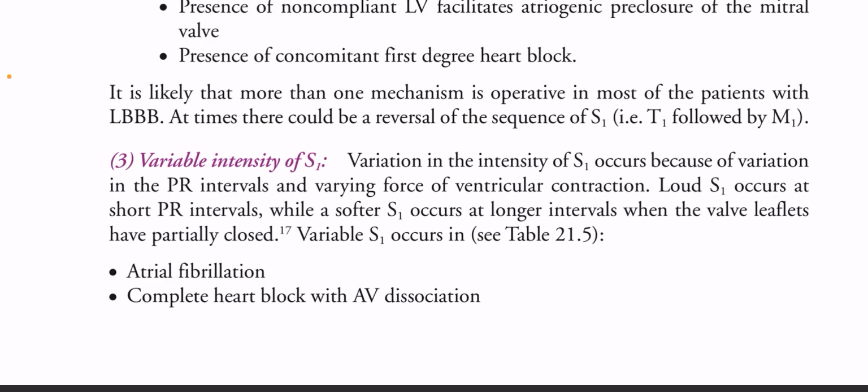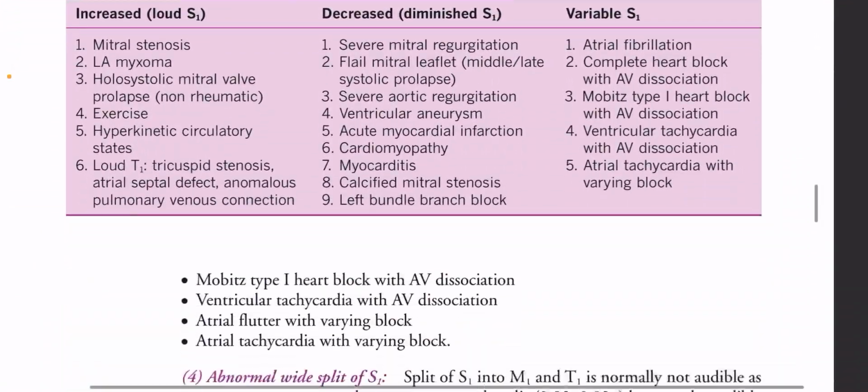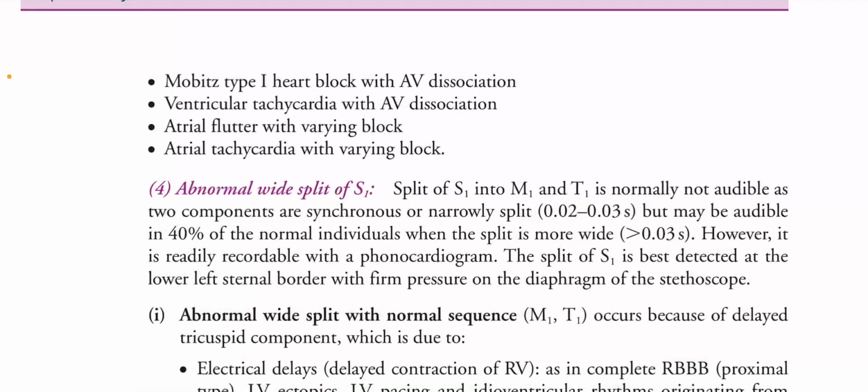Now, the variable intensity of first heart sound. Variation in the intensity occurs because of variation in the PR intervals and varying force of ventricular contraction. Loud first heart sound occurs at short PR intervals, while softer first heart sound occurs at longer intervals when the valve leaflets have partially closed. Variable first heart sound occurs in atrial fibrillation, complete heart block with AV dissociation, Mobitz type 1 heart block with AV dissociation, ventricular tachycardia with AV dissociation, atrial flutter with varying block, and